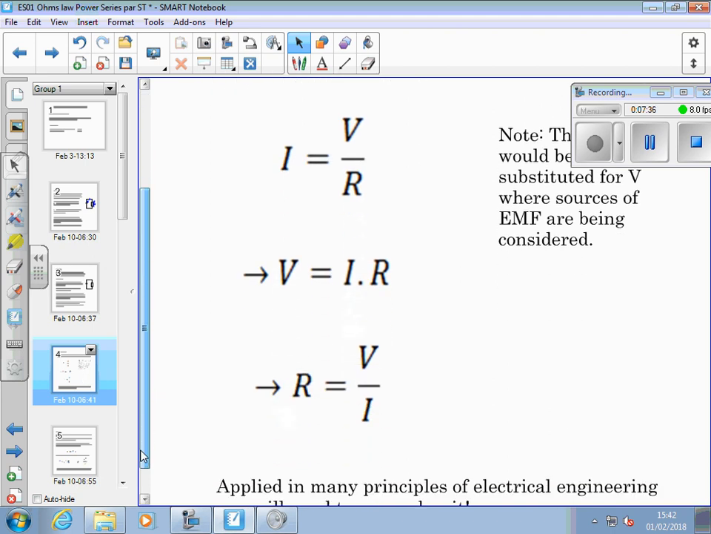We can rearrange them into three forms. I is equal to the voltage divided by the resistance. V is equal to the current times the resistance, and R is equal to the voltage divided by the current. We don't normally set a current, we make the current we want by adjusting the voltage